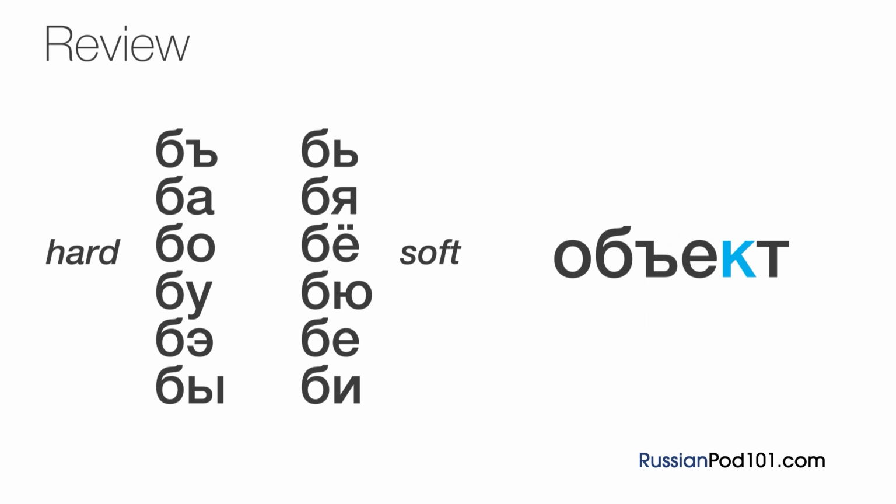As you can see, we've run into a slight problem. There's no sign to indicate whether it's hard or soft, and the letter after that isn't a vowel either. So how is this consonant meant to be pronounced? The answer is hard. Consonant clusters, meaning a group of consonants that do not have an intervening vowel, like this